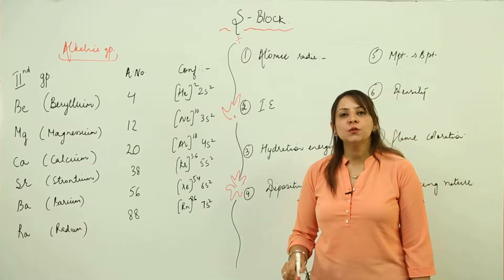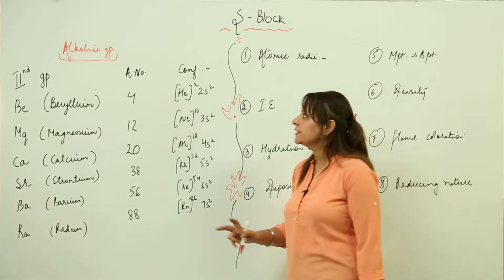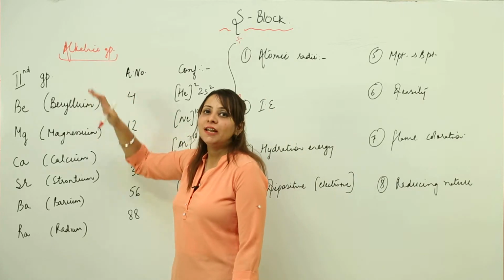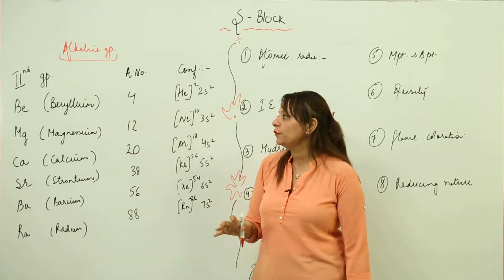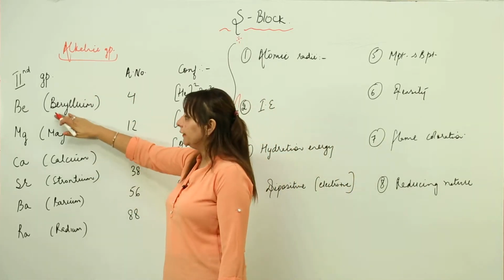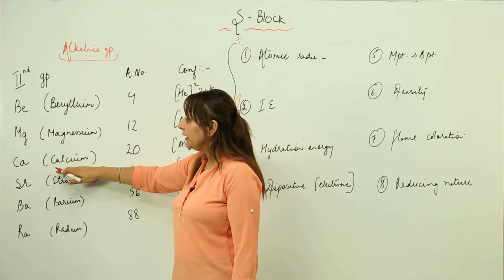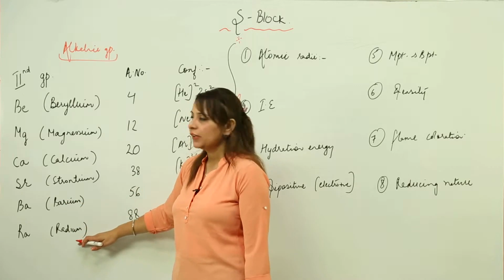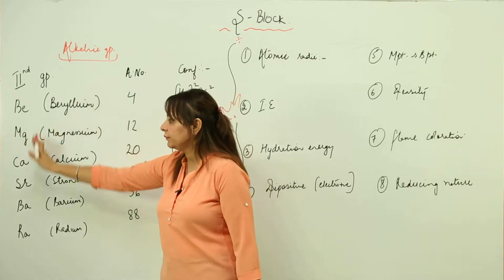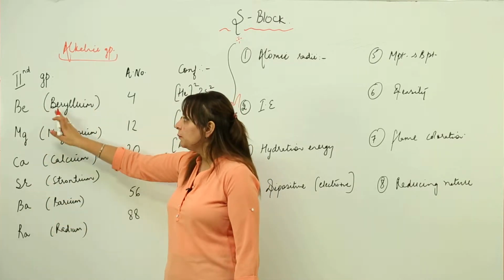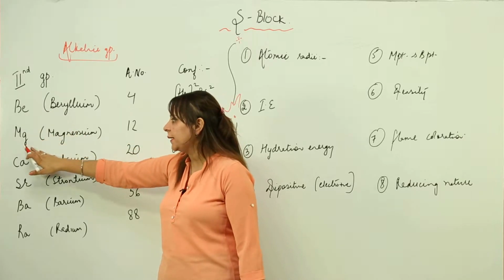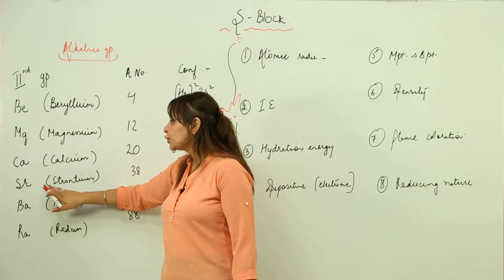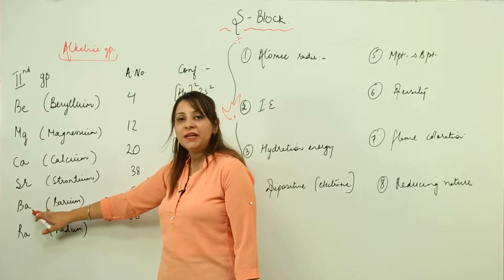Now let us start with the second group of the s-block, that is the alkaline earth group. Let us focus on the members of this group first. It includes beryllium, magnesium, calcium, strontium, barium and radium, and the symbols for them are written on this side. As you can see, beryllium is Be, magnesium is Mg, calcium is Ca, strontium is Sr, barium is Ba and